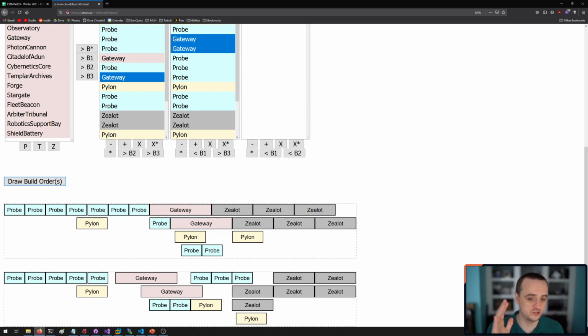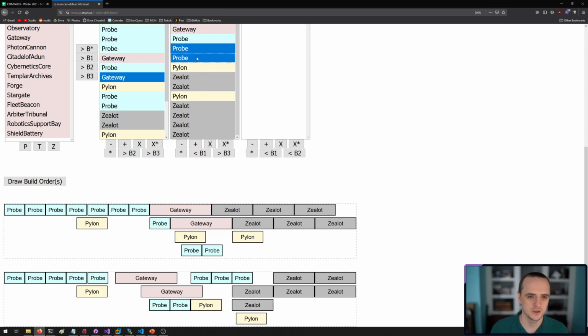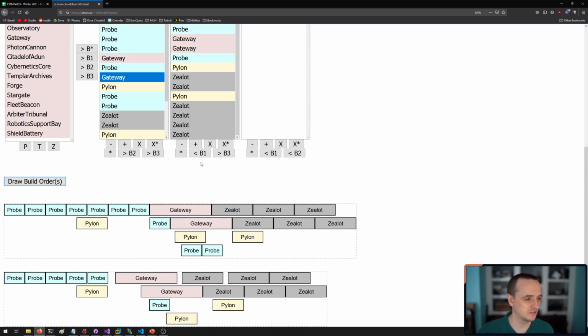So if my goal is to get 6 zealots as fast as possible, what I can do now is edit out some of this stuff here. Maybe I don't need these probes, so I can remove them. Let's just remove those probes and see what's going to happen. Oh, look at that. I spent a bunch of time making extra workers instead of really quickly starting building these zealots. So the simulator allows you to visualize these build orders and say, okay, this is a way faster rush than the initial build order that I thought of. So it's a useful tool, I think.